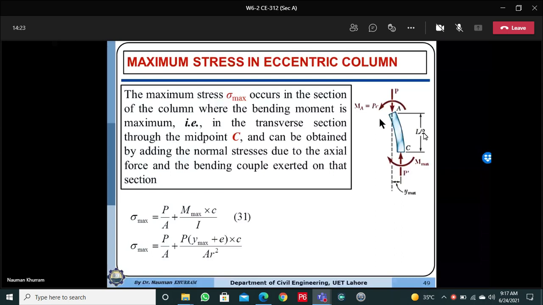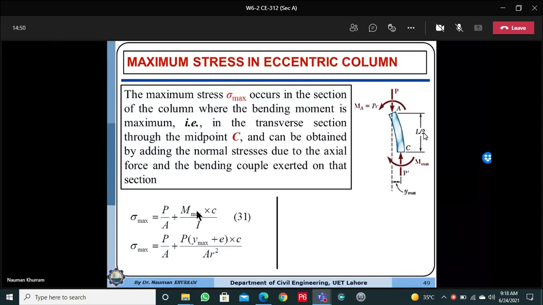I'm considering compressive stresses as positive and tensile as negative, because the resultant stress will be maximum when the stress components are added up. So compressive stresses will be added up with the flexural compressive stresses. So total stress will be equal to P over A, the axial stress, plus the stress produced by the bending moment